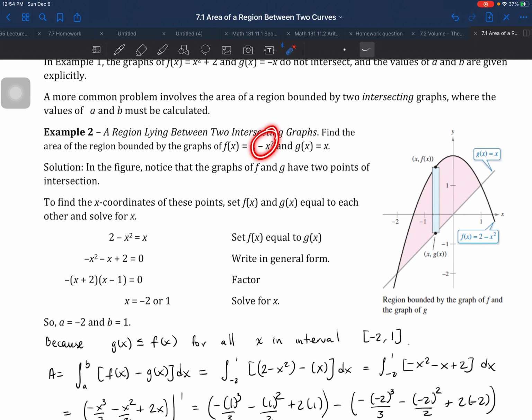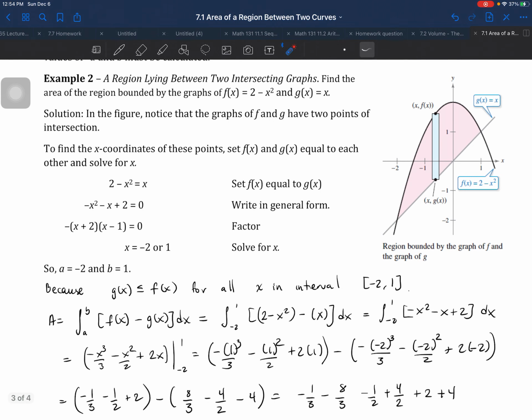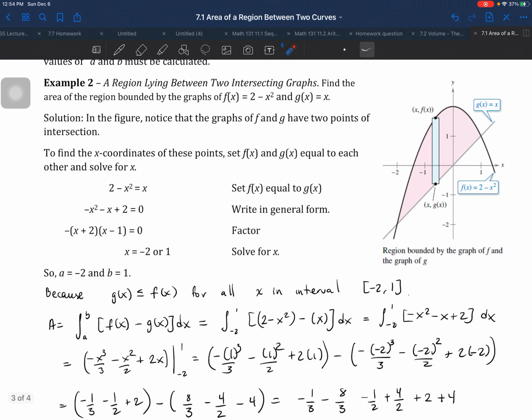We know that this function is a parabola facing down, shifted 2 units up. We know this is a line with the intercept at x equals 0, right? So you should know that, right? We should have a better understanding of that. All right, so also,